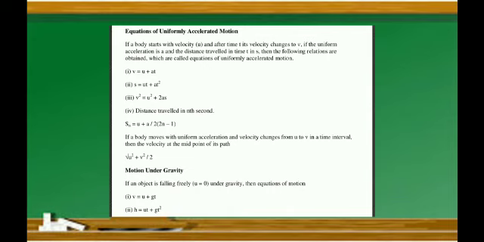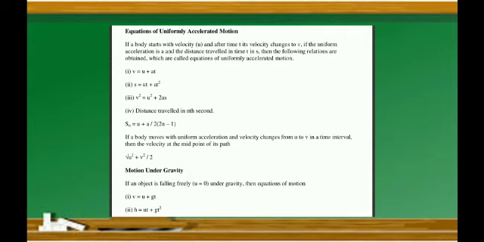Equation of uniformly accelerated motion. If a body starts with velocity u, after the time t, its velocity changes to v. If the uniform acceleration is a and the distance traveled in time t seconds is s, then the following relations are obtained, which are called equations of uniformly accelerated motion. First one, v is equal to u plus at,